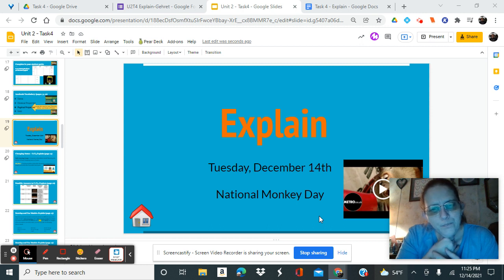So the explain and elaborate go together. The purpose of this activity is for you to explain or show your understanding of the different states of matter of water and how they behave, after doing the activity that you did on Monday, after doing the PhET simulation where you